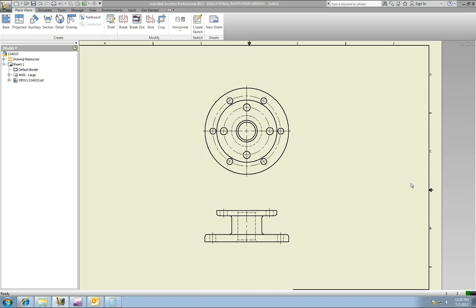Okay, this video is to help you with drawing 21A023 in your workbook. This exercise is pretty similar to the one that you did previous to it. I just want to point out a couple of things that might help you along. Number one, you can figure that out on your own. Just flip back a couple of pages in your book and your workbook, and you should see the answer you need. Number two,